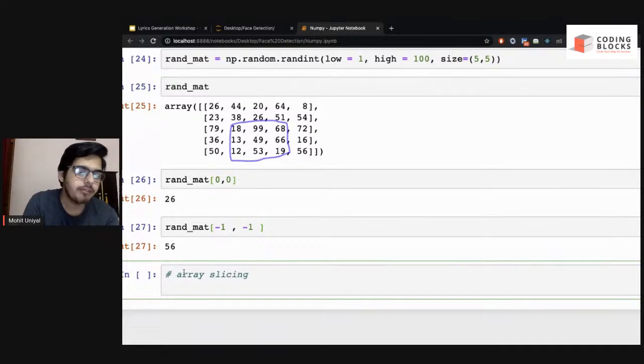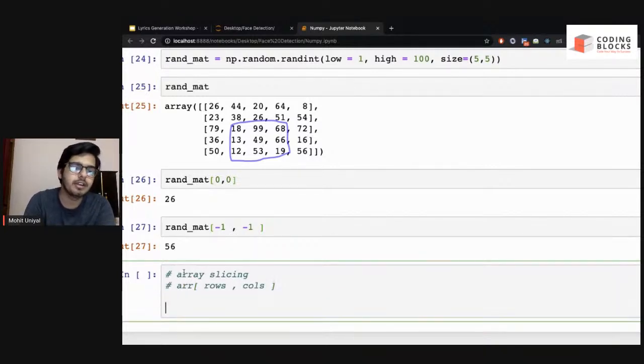Same way we have list slicing, we have array slicing, and the syntax is your array, how many rows you want to select, and comma, how many columns you want to select. This is the syntax. So I'll give you one example. For example, if you want to access these highlighted elements, you will say random matrix